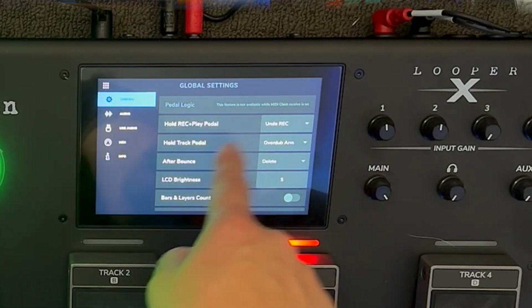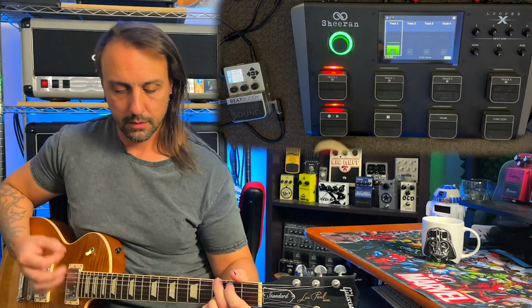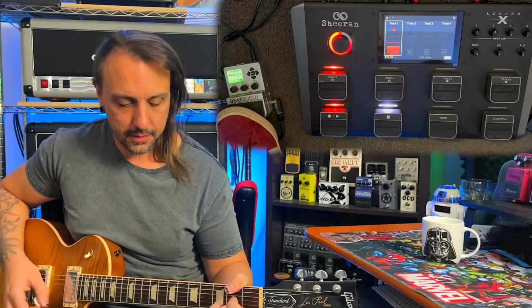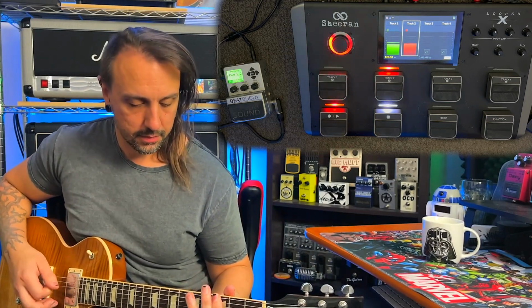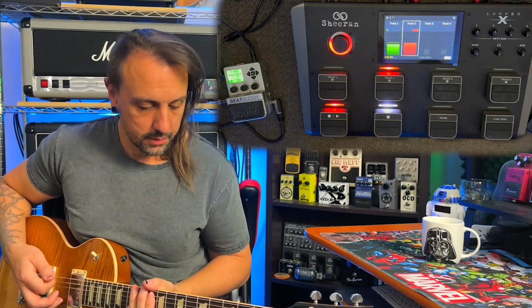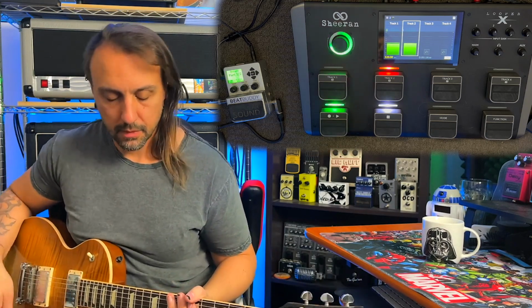And if you have a look here, in general, in the global settings, pedal logic, this feature is not available while MIDI clock receive is on. It's interesting that they chose to do that, but whatever. So it works exactly the same in sync mode. Let's do something else. So there, if I close the loop in sync mode, it does go back to play, doesn't go to overdub